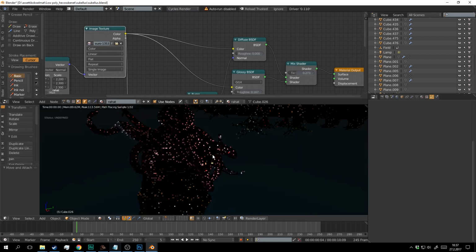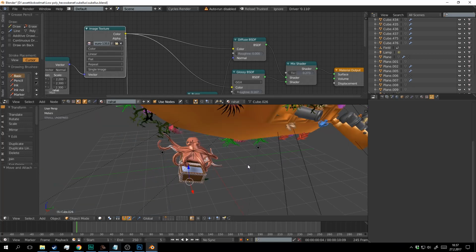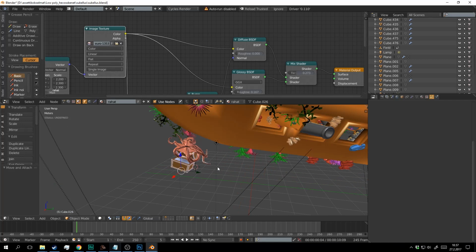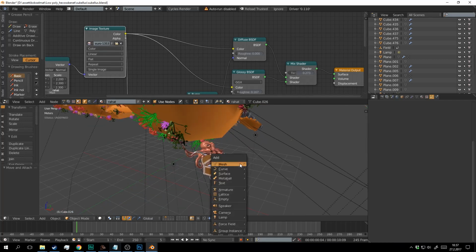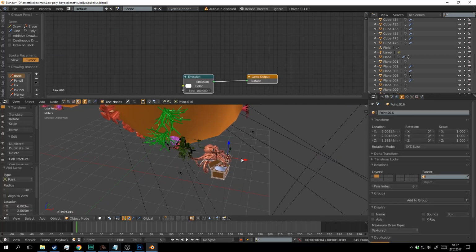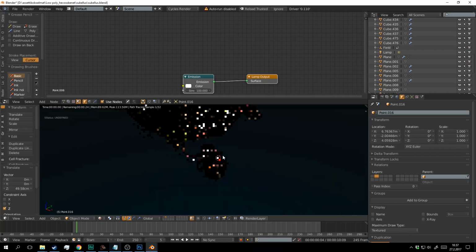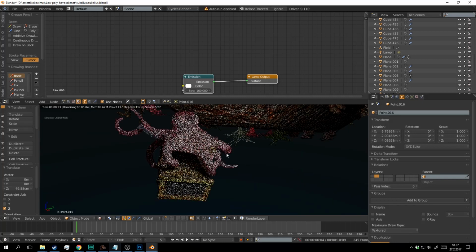Or maybe I will do another octopus. Who knows? I will add some lamp so you can see better how it looks.